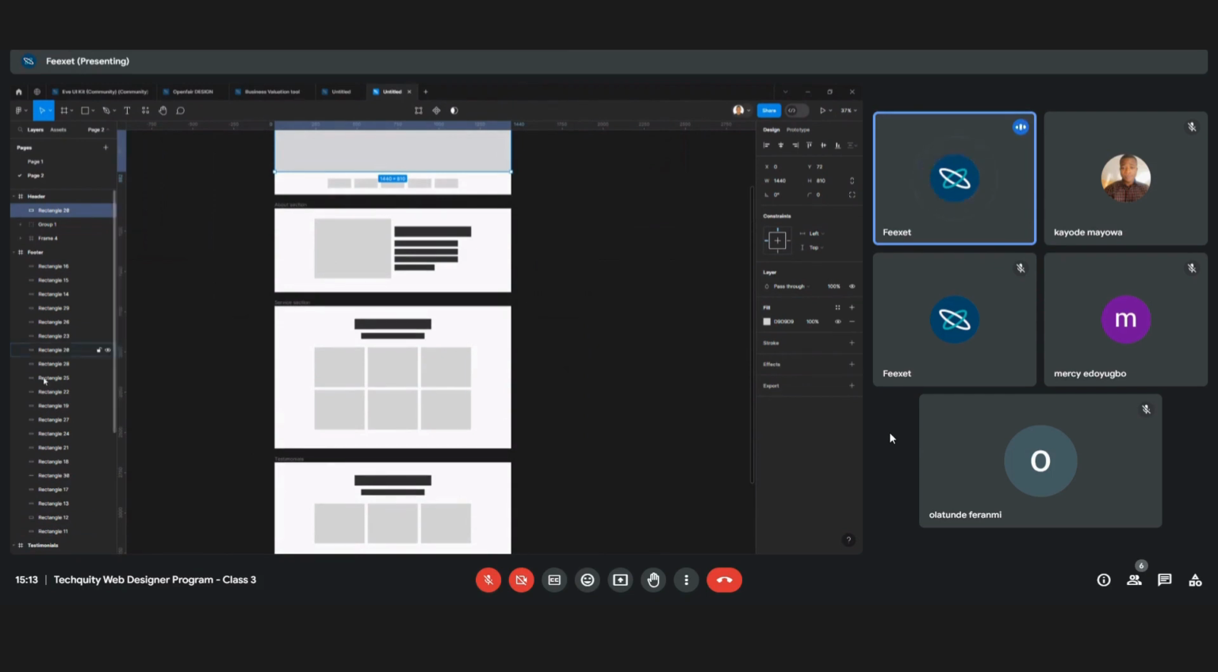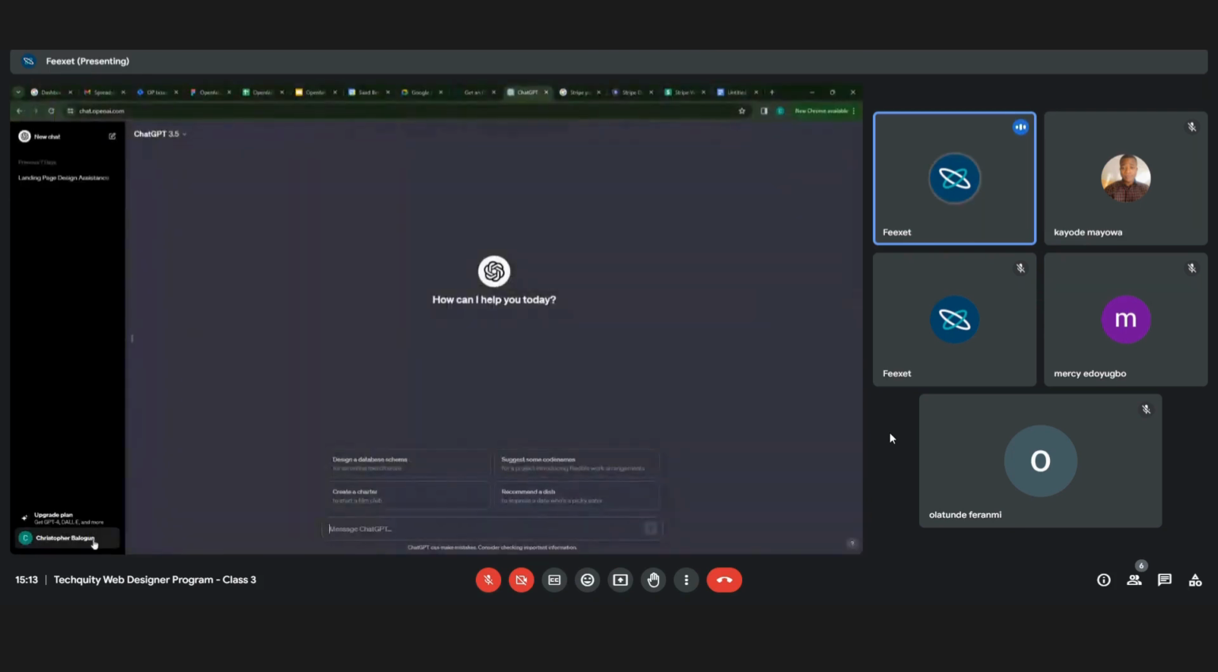So the first thing I will do is make use of ChatGPT here. ChatGPT is a tool where you ask it questions and it gives you a response. So now let's use it as a reference in this website design to create content. I'm going to do a very quick walkthrough since we are very limited by time. So I'll just tell it, hello,